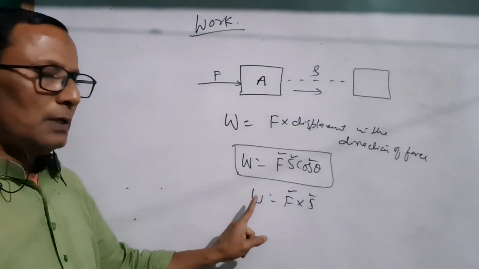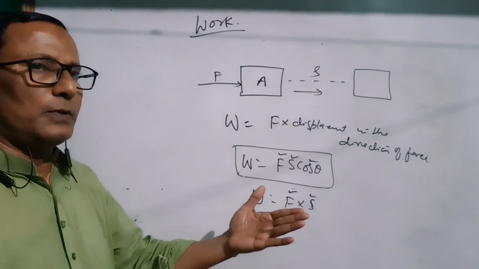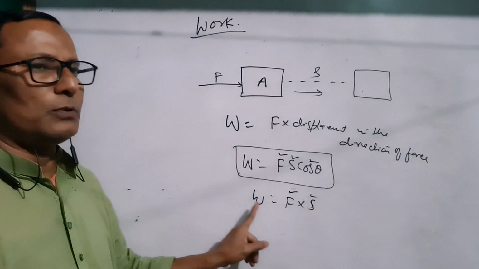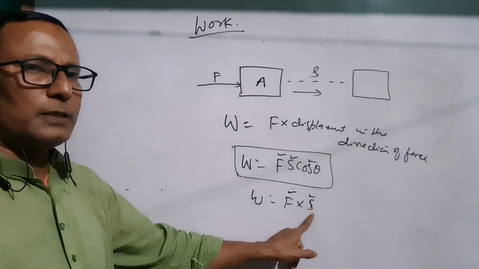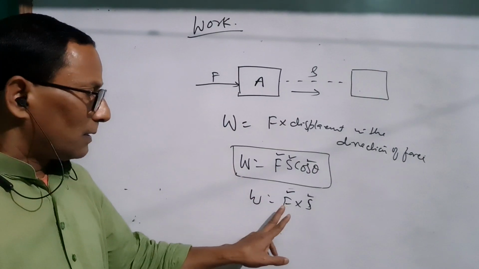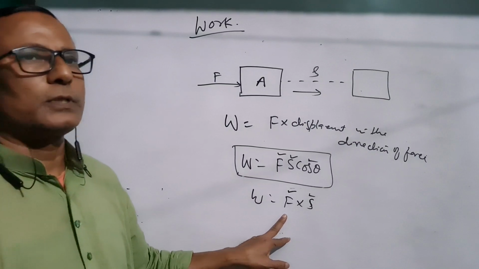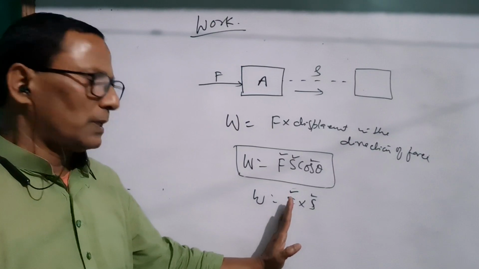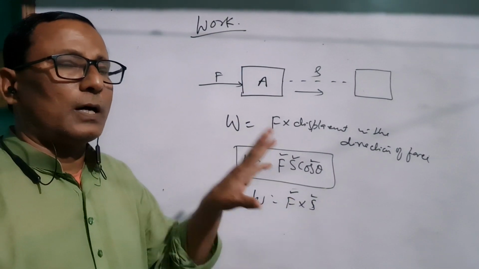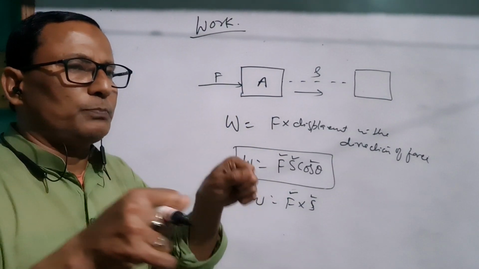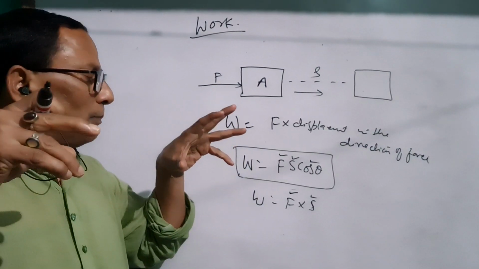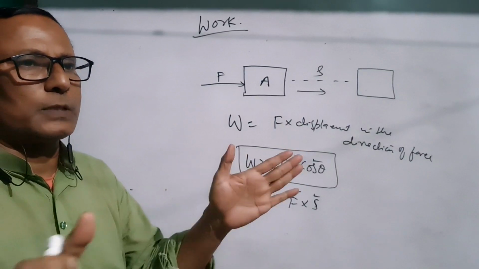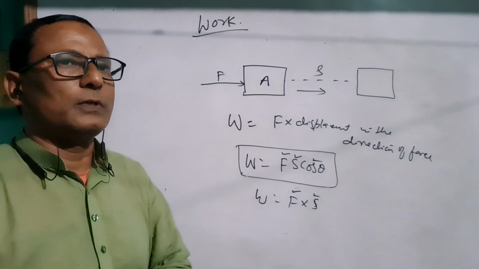Come to this formula. In which condition will the work done be zero? If the force is zero, of course the product will be zero and work will be zero. Or if displacement is zero, then work done will be zero. But we don't consider force equal to zero, because until we apply the force, there will be no displacement. So we will ignore that. In spite of applying a big force on a body, if the body does not cover any distance, there is no displacement in the body, then the work done will be zero.